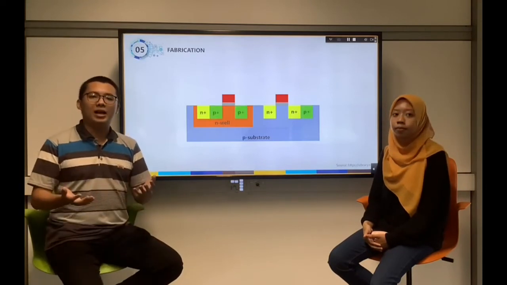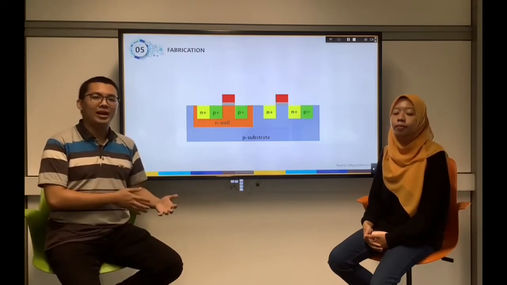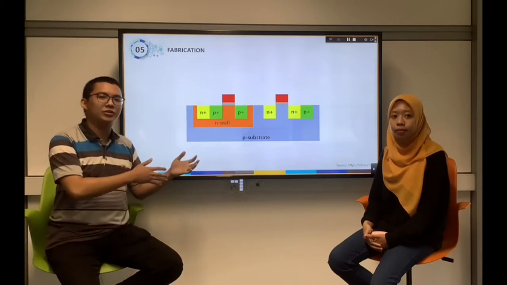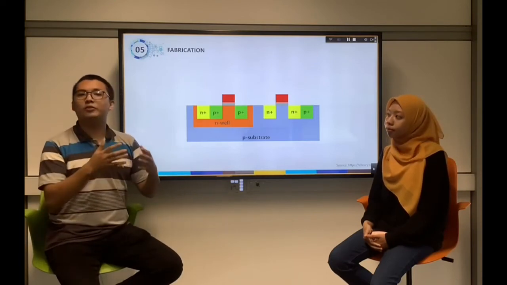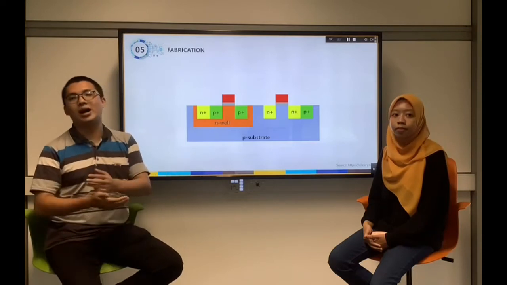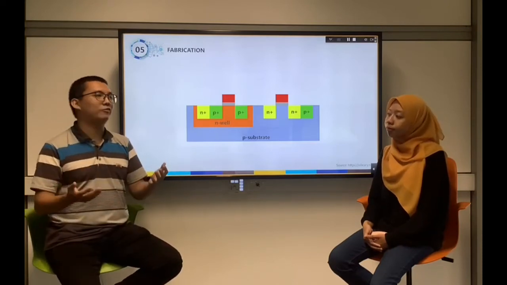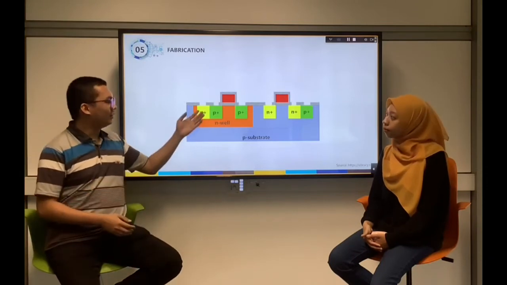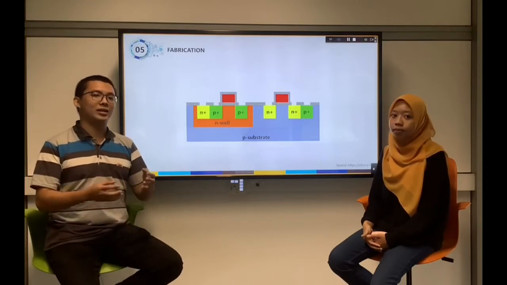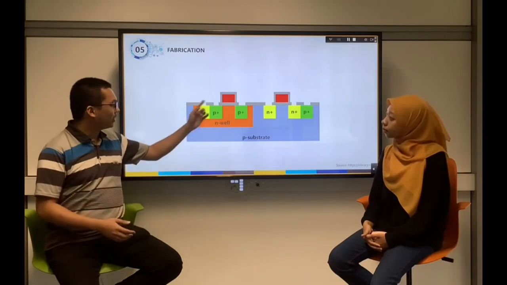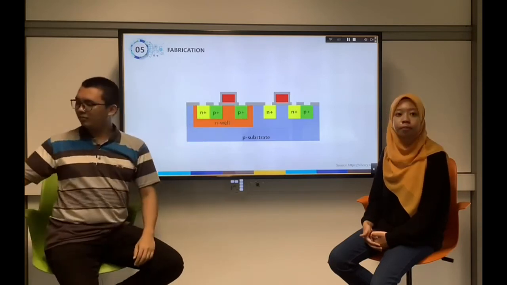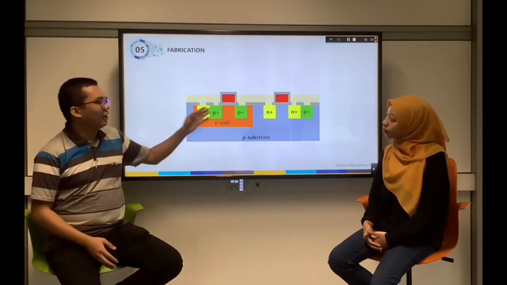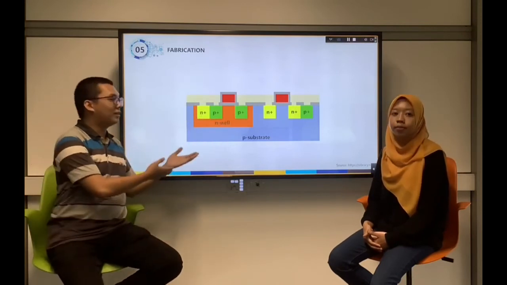The next step is to fabricate the P+ region, and the P+ region is formed using similar steps as the N+ region, which is masking using photolithography, then P diffusion and ion implantation. And now we are left with the contacts. So the chip is covered with thick film oxide, and the parts where the contact is needed are etched off. The last step is to perform metallization to form the contact, and now our CMOS is completely fabricated.